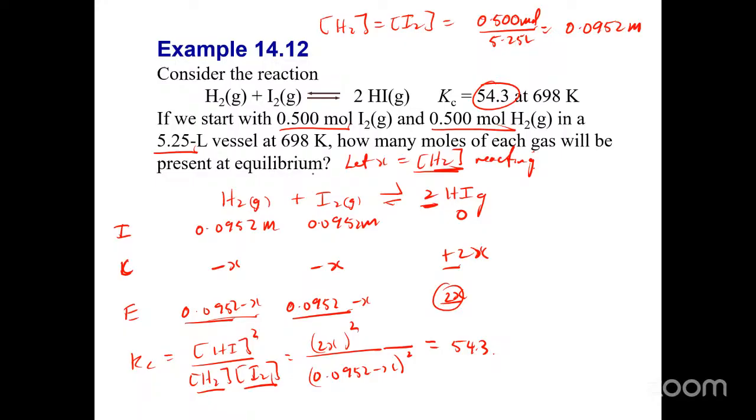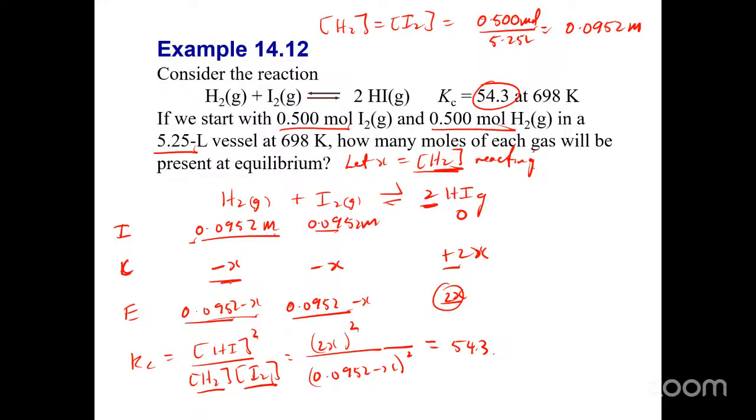So what I'm saying here, "reacting", what did you mean by that? Right, so we don't know what the amount of H2 reacting is. We don't know because we were only given the initial concentrations. We don't know what the equilibrium concentrations are. So what we did is assume that X represents the amount of H2 that reacted in terms of the concentration. If we assume that, then the change for H2 would be minus X.